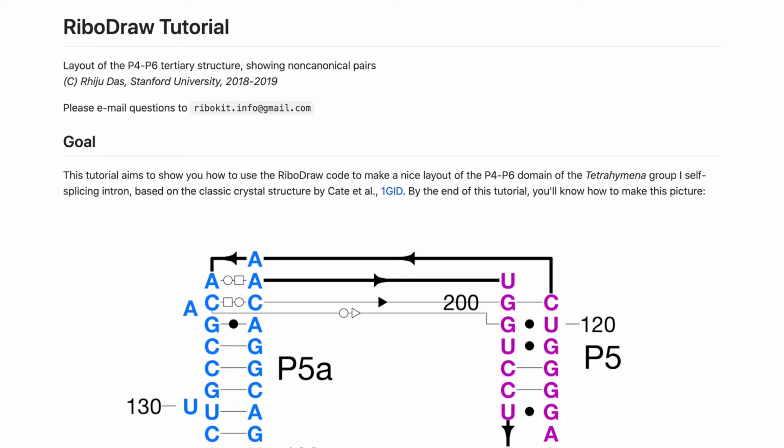Hi, my name is Andy Watkins, and I'm a postdoc in Rhiju's lab at Stanford and one of the main developers of RiboDraw. Today I want to show you how to use RiboDraw using the tutorial that we've included in